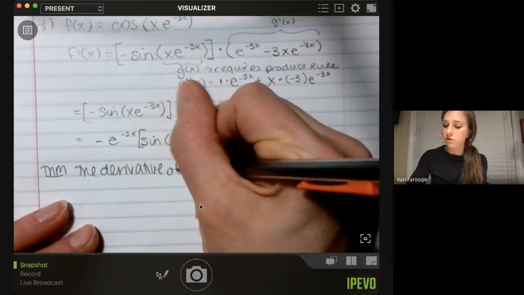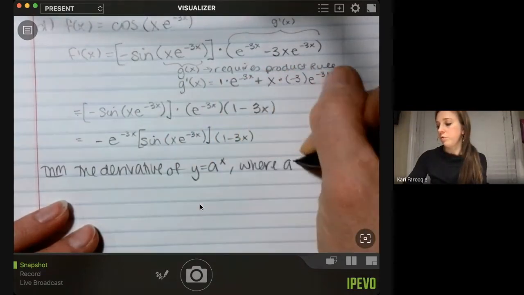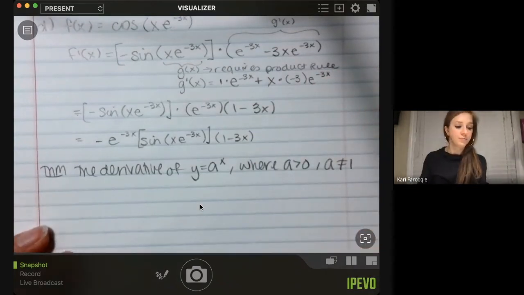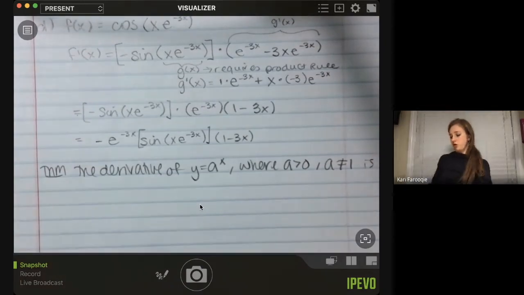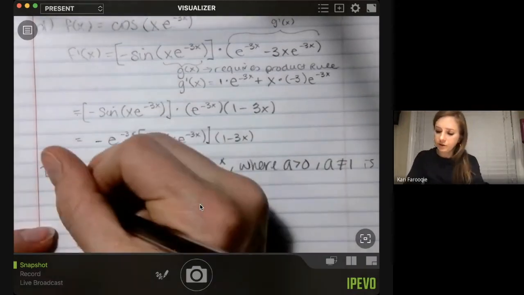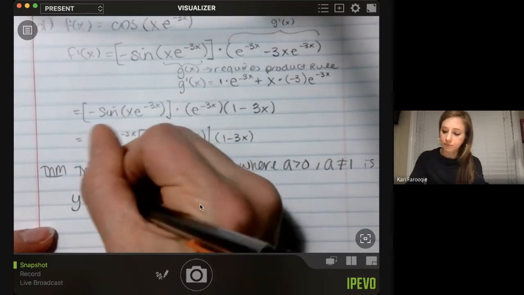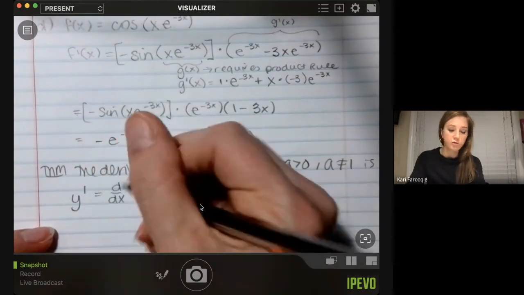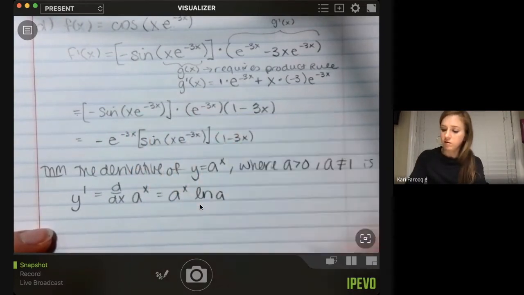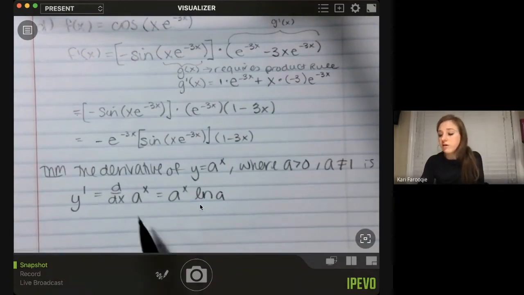The derivative of y equals a to the x, where a is greater than 0 and not equal to 1. So this is just your general exponential function of base a. The derivative with respect to x of a to the x equals a to the x times ln a. Now, this is assuming that you just have a to the x,